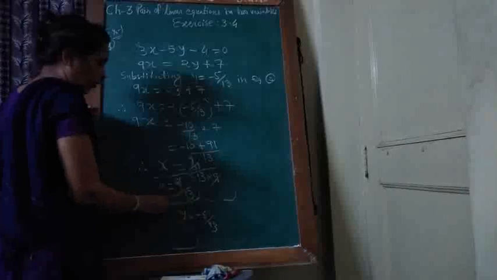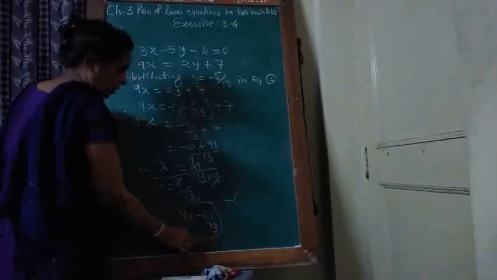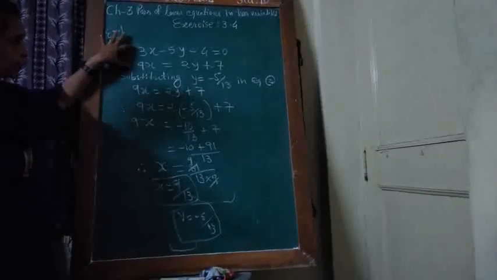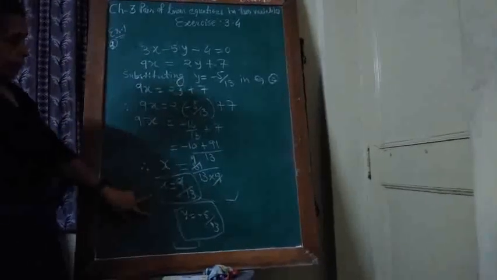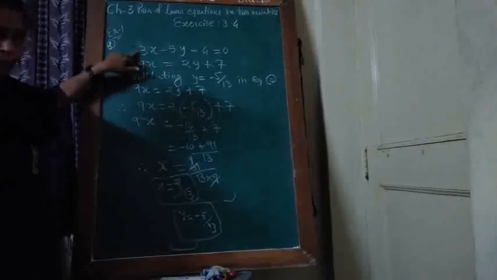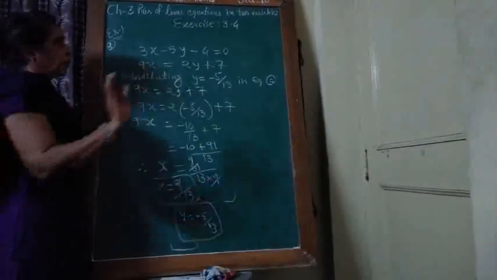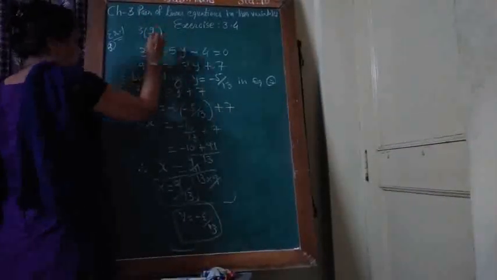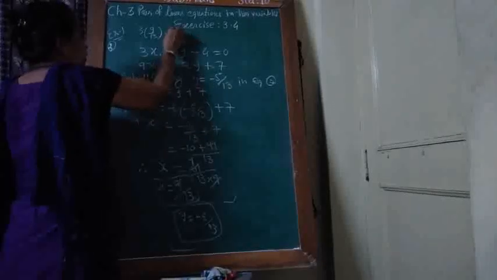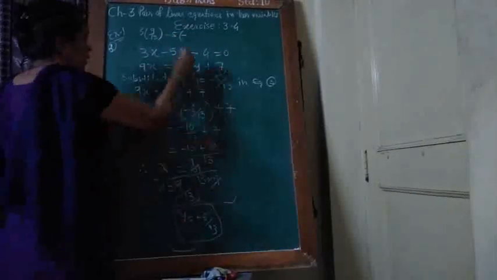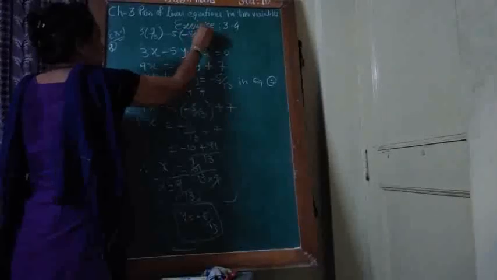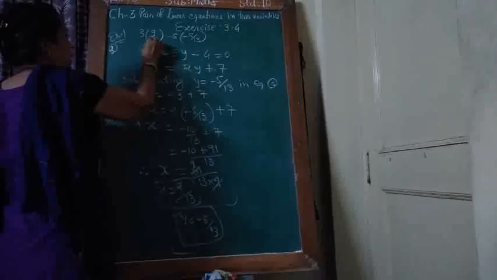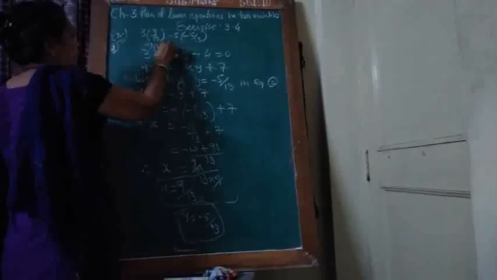So this way I have obtained the solution of the pair of linear equations in 2 variables. And if you want to verify this, you put it here. Okay. So in rough work you have to put 3 into 9 upon 13 minus 5 upon 13. I just want to see whether it is satisfied or not. And simplify, you get 0 or not. 9 threes are 27 upon 13. Minus minus plus.